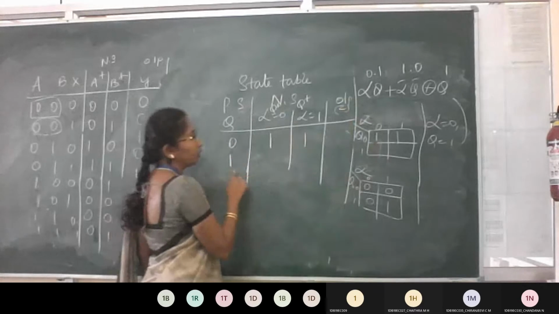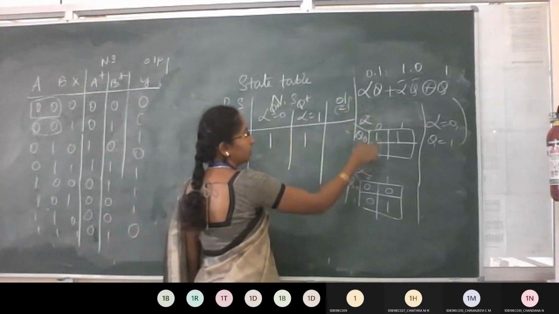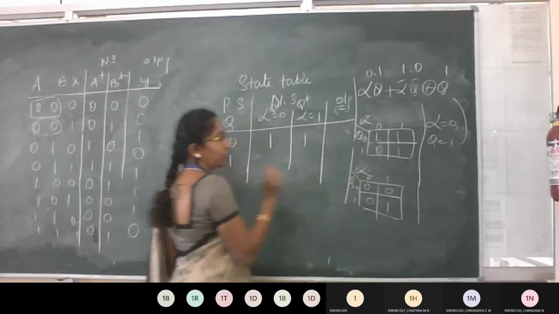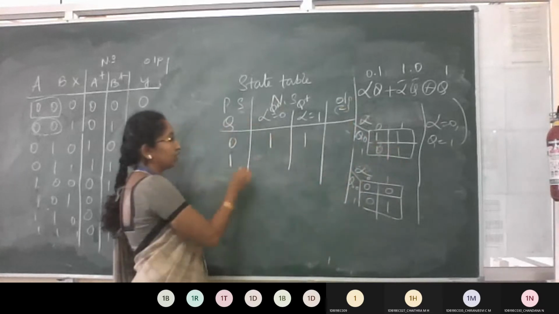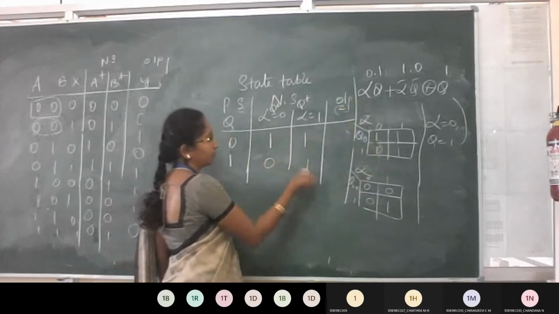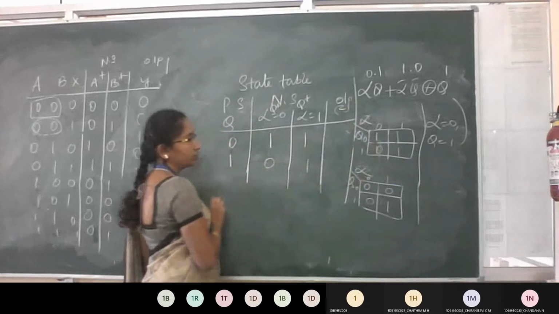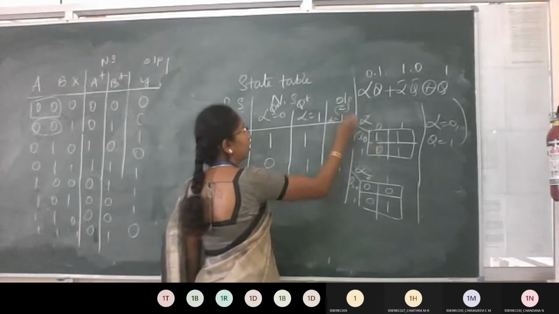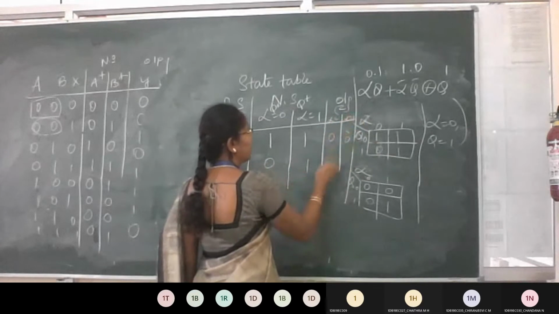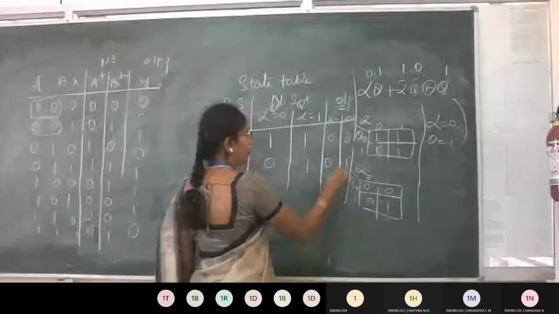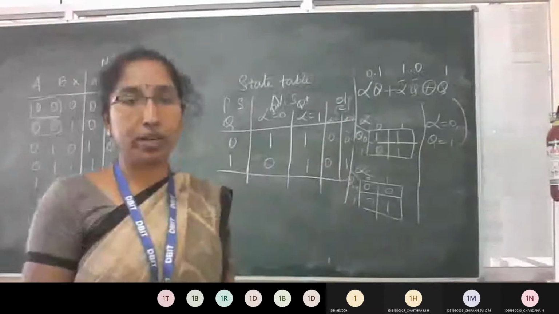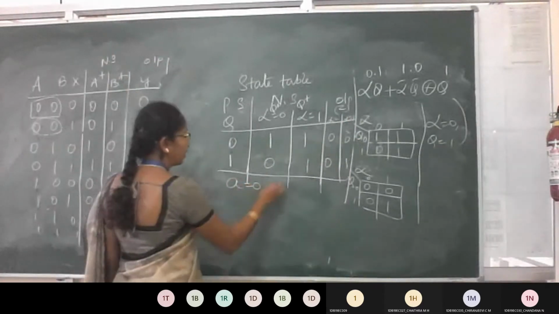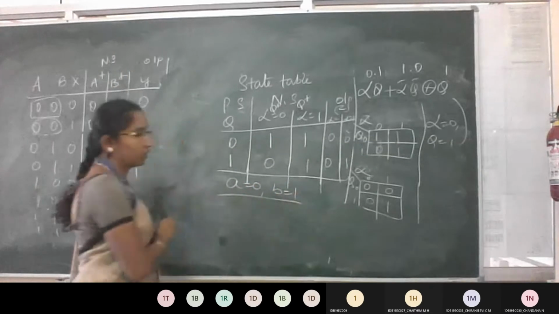Similarly, Q1, 0. Whatever value you take as 0, 1, I have just taken as an assumption. So for 1, it is 0, 1. Okay, so output similarly alpha 0, alpha 1. So you get 0, 0, 0, 1. Now replace wherever alpha 0, you take it as A. Wherever 1, you replace it with B.